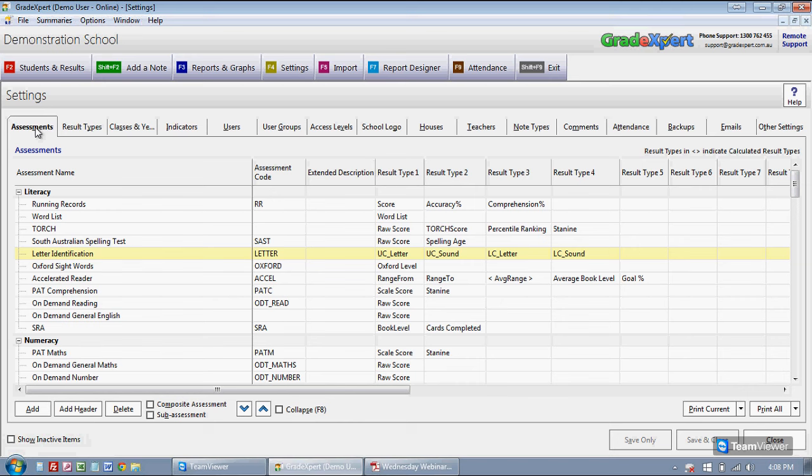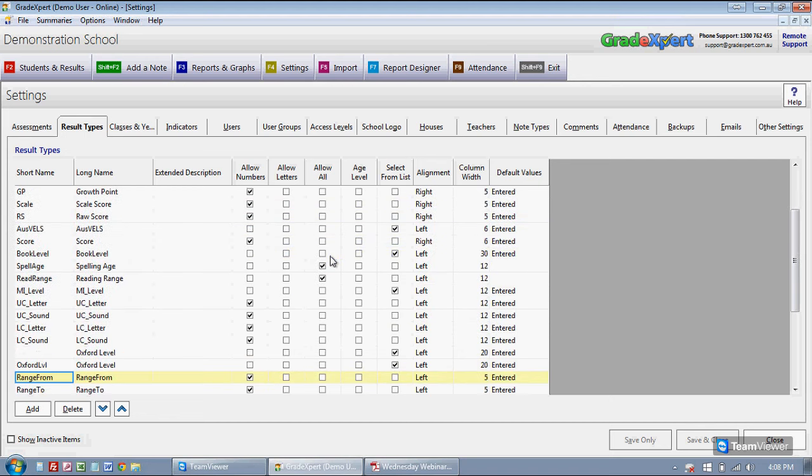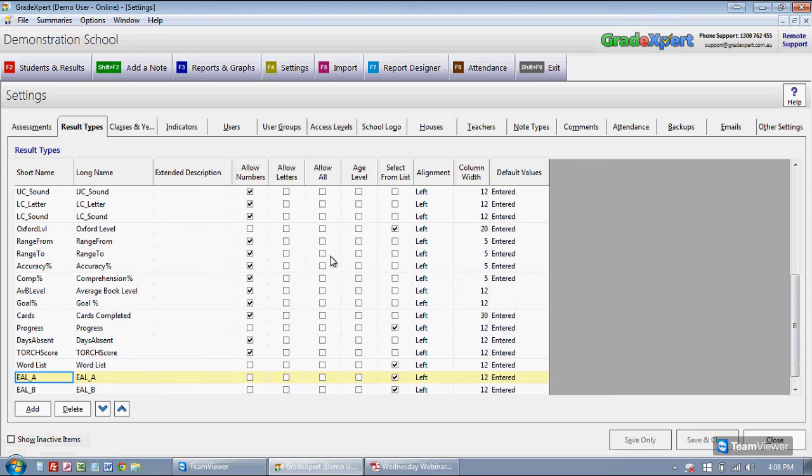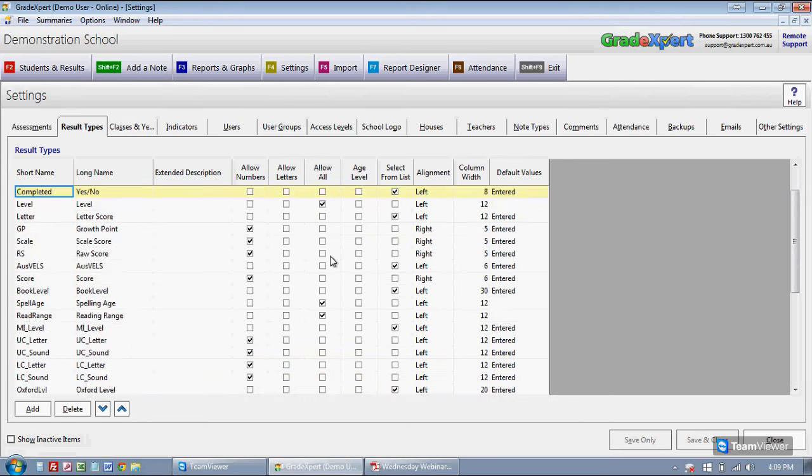So before you can create that new reading 10 paragraphs test, I need a list of available result types. So I'm going to click on the result types tab, and you can see here that we've got a number of predefined result types and other result types that have been entered. These are reusable result types. So for example,